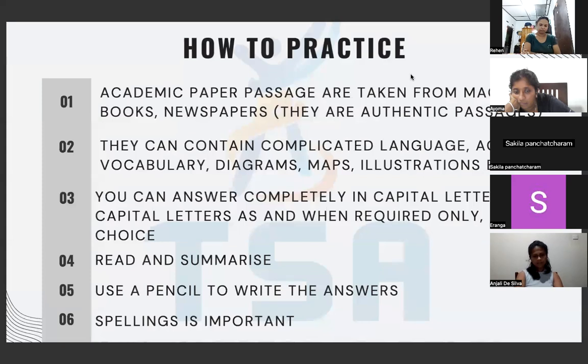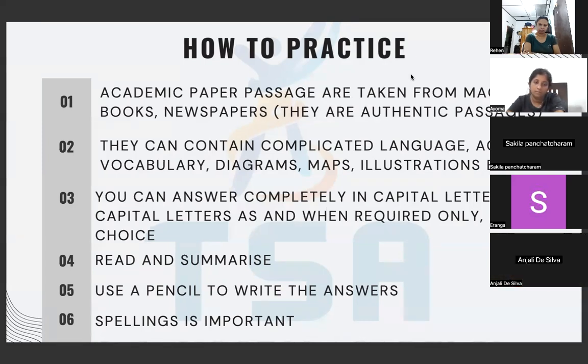Right? The next thing is try to read scientific journals, news sites like BBC, CNN, different news magazines, books related to general information, right? General information as in scientific information, right? You get information on, let's say, for example, the history of a specific animal, the history of a specific country, right? You get, let's say, for example, what scientists have discovered about the Arctic Ocean, the Pacific Ocean, right? These kinds of things, if you can find books, newspapers, online articles, start reading at least 2 to 3 months out, right?